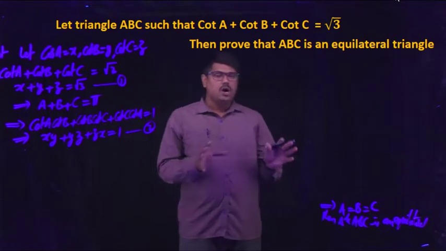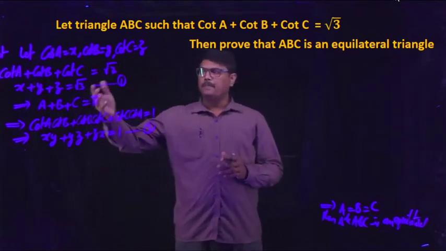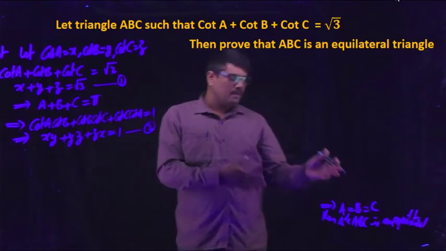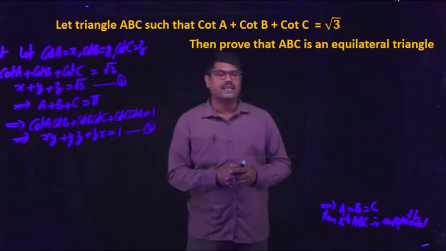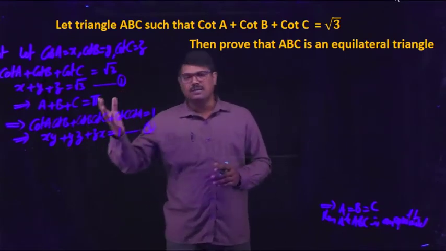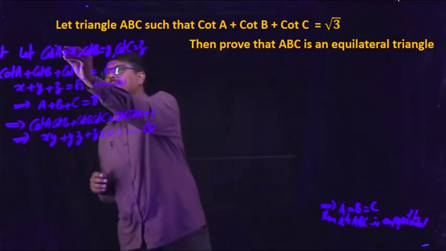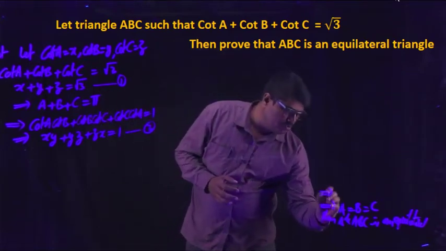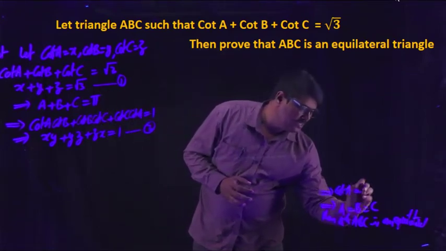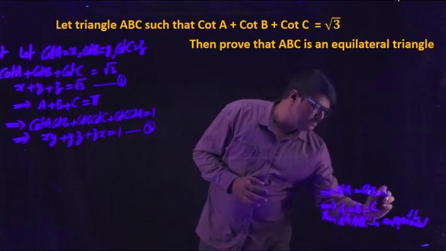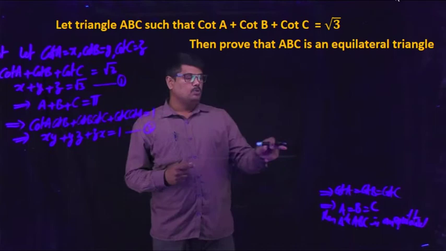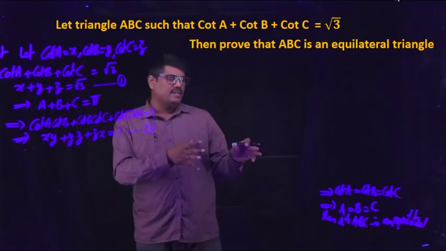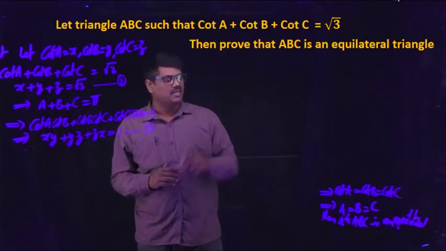This is the idea. How do we conclude that? Since the problem depends upon the angles, you can equate all angles so that you conclude the given triangle is an equilateral triangle. And you can observe in the given problem, the trigonometric ratios are related to cot, so you need to come to this step: cot A is equal to cot B is equal to cot C. If you come to that step, then you can equate those angles, A is equal to B is equal to C, and you can conclude.